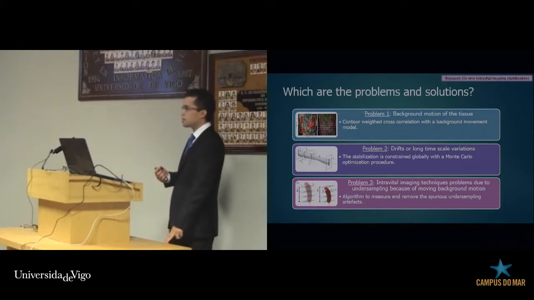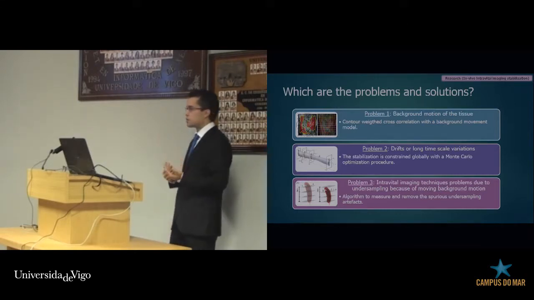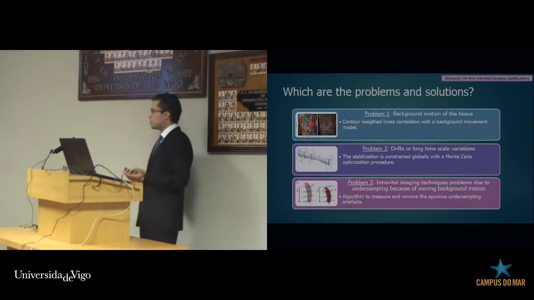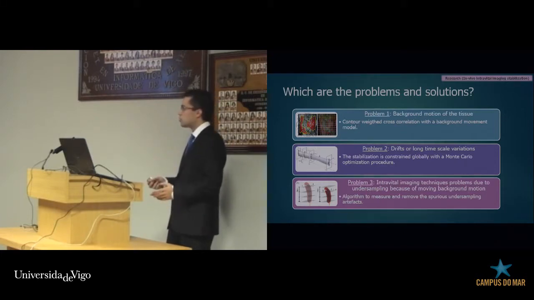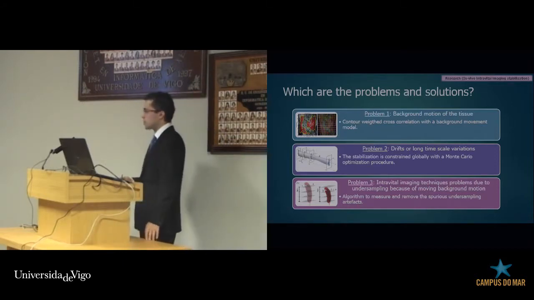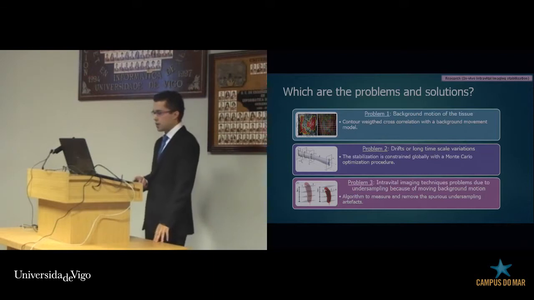It's related because when the microscope gets a stack of images, it's not an atomic time. You need a lot of time to get all these images. And of course, in that time, the tissue is moving. So you can have a lot of different problems. When you obtain the first slice, for example, it can have some part of the information that you are obtaining in the second slice, so you need to choose one of them. We are going to talk about that after.